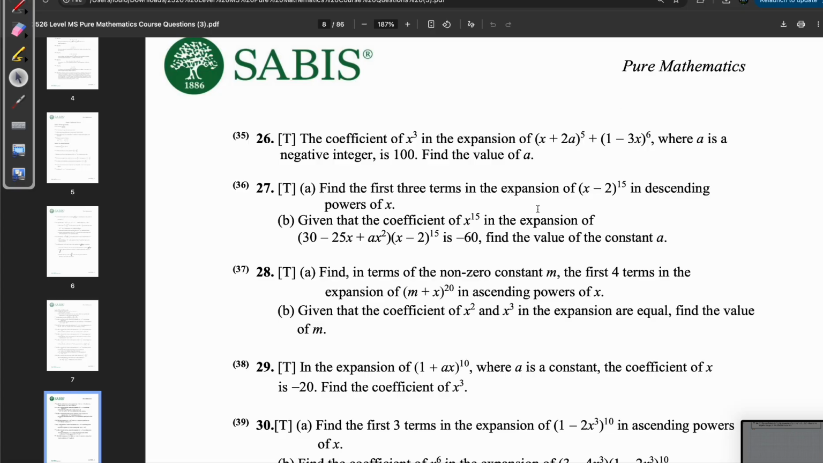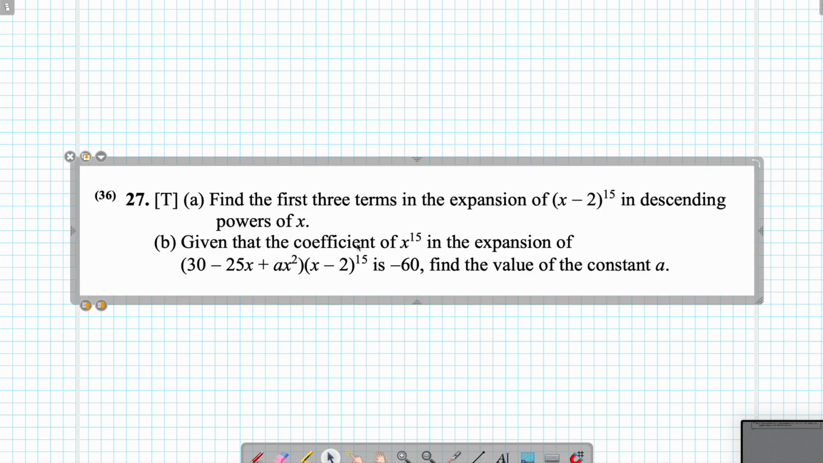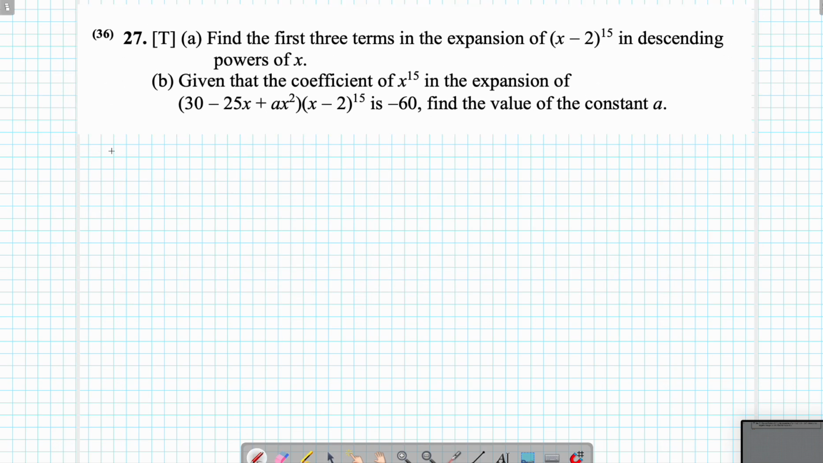Number 28, oh, wait, never mind. Number 27. Find the first three terms in the expansion of x minus 2 to the 15 in descending powers of x. Again, same thing. 15c0 times x to the 15 times negative 2 to the 0 plus